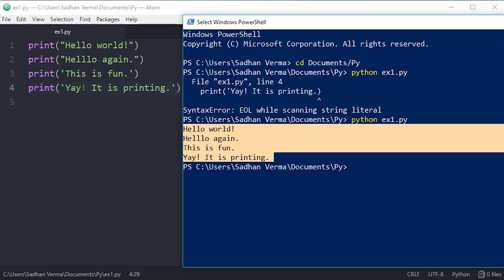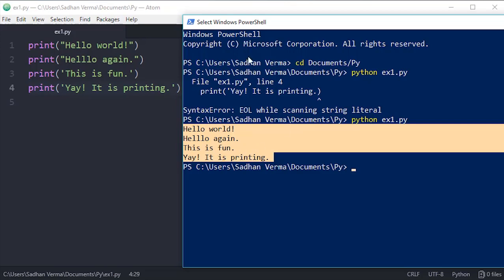Look here, print is not printed here because print is our function which is used for printing out the string. Hello world from here. Okay, so hello world is printed here. Look here, we have used double inverted commas here, it is printed, and we have used single inverted commas here, it is also printed. So you can use both double inverted commas and single inverted commas for printing out something